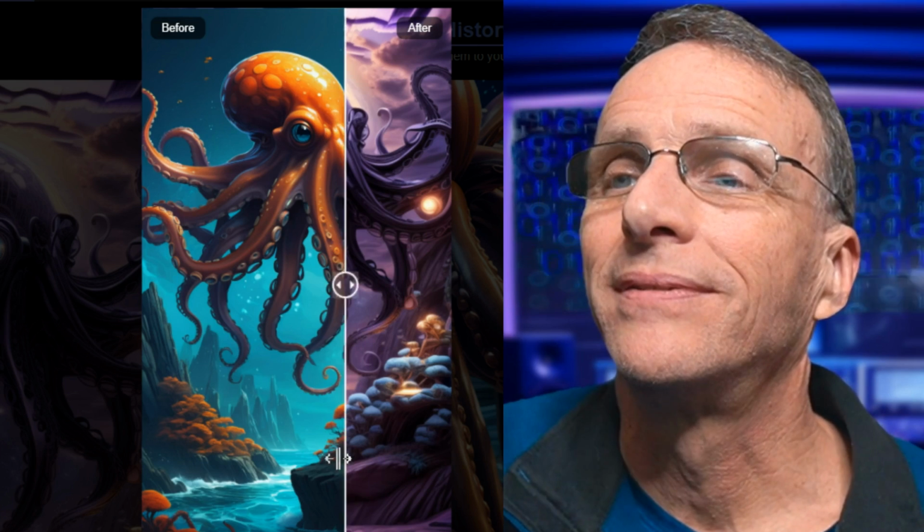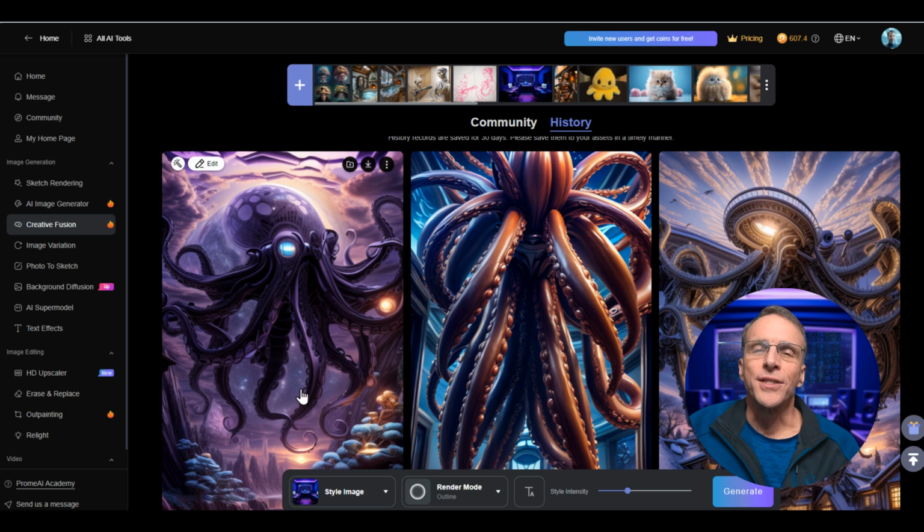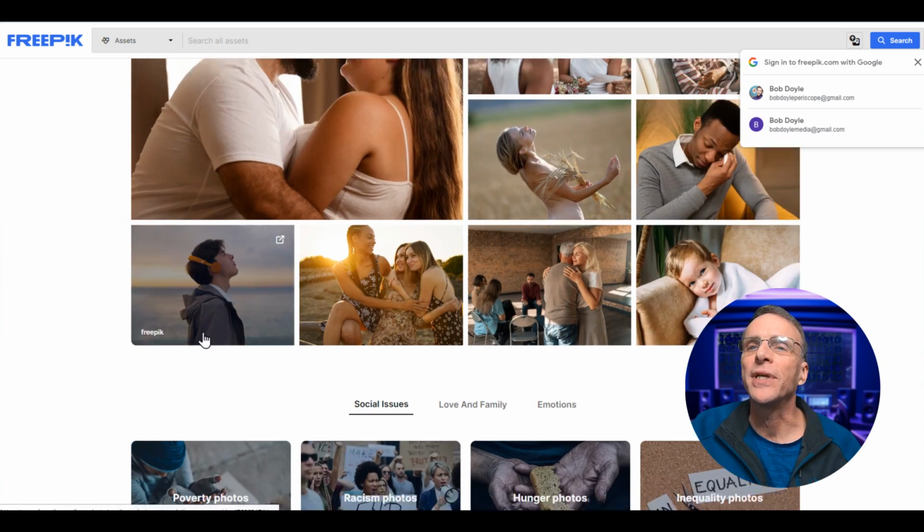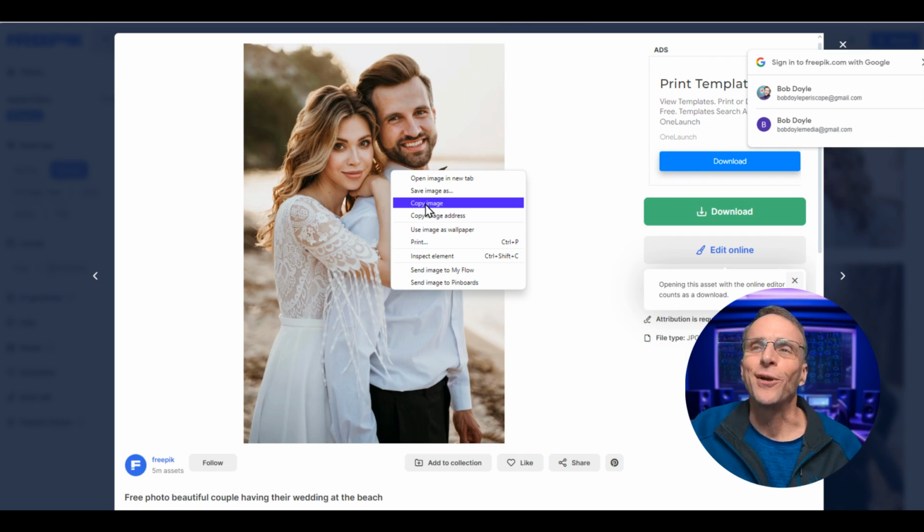That's cool. So for applying quick styles like that, I just haven't seen anything faster. Let's jump over to Freepik and get an image that we can play with here. Okay, let's take this one here. So we'll just save this image real quick, and then I will just bring this into Creative Fusion, and let's